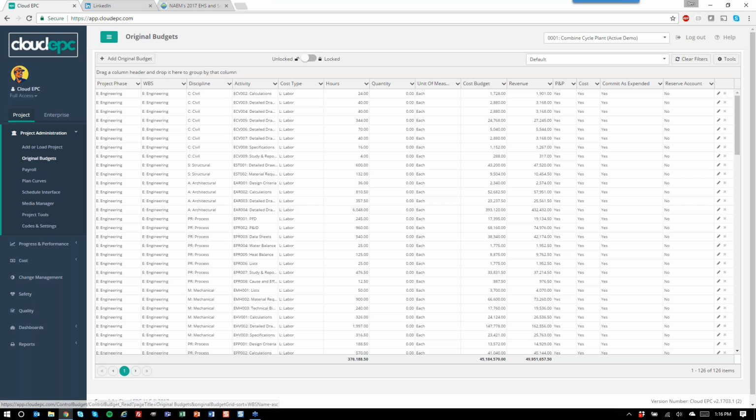We break down the work to the next level, which is the WBS. So this would be traditionally your area of the project. The next level is the discipline, which could be civil, architectural, mechanical, electrical. Each discipline then breaks down to an activity. So this is where you get down to the same type of level you would see in your Primavera schedule. This will be your design criteria, your specifications, your concrete foundations, your electrical cable pulls. And then the 5th component, the lowest level of detail, is the cost type, which is traditionally your labor, your material, your subcontract, your equipment.